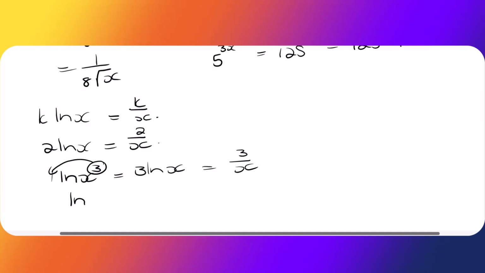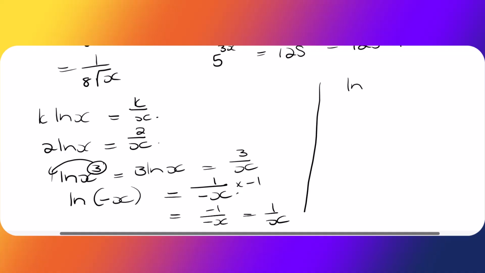But they love doing this with you in the exams, negative x. So I'm going to have here 1 divided by negative x. But remember, this is not normal. Then you multiply with negative 1, and I'm going to have negative 1 over negative x, which is 1 over x. Even if they do this with you, let's say ln 6x. Then you're going to say 1 over 6x. What is standing in front on top, what's behind at the bottom. But this is not normal. Then you multiply with the 6. So we're going to have 6 divided by 6x, which is equal to 1 over x.